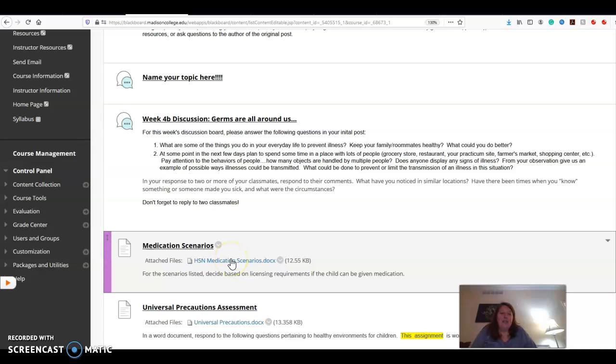For the medication scenarios, what you need to do is go into your licensing book and look at what you need to include when you're recording a medication. So you're going to go into your licensing manual, look up medications, look for what you need to include, and then go and look at the scenarios on this handout and say if they were done correctly, or if they need to be fixed, and if they need to be fixed, what you have to fix